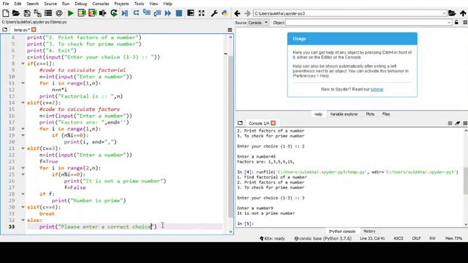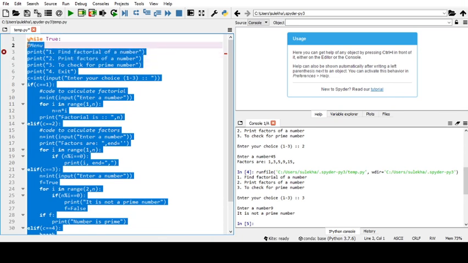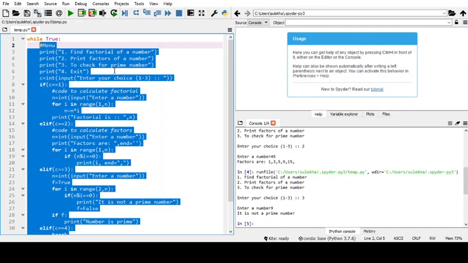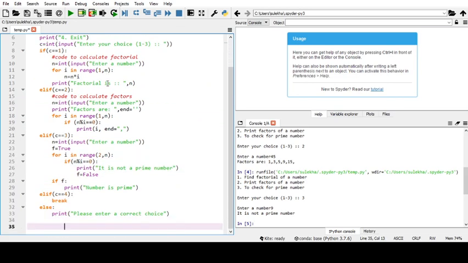Now the complete program, as this is inside your while loop, this must be indented. So like this. So this whole thing is inside your while loop, so it will keep repeating until you press 4. Now I'll run it.